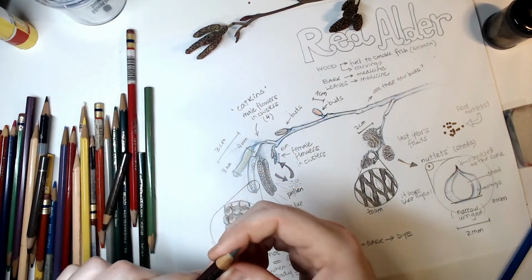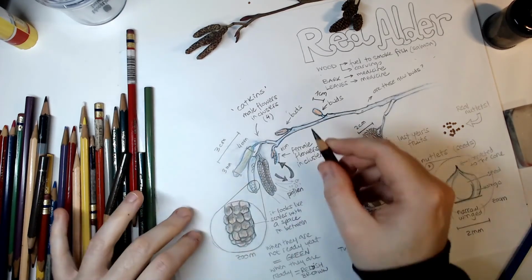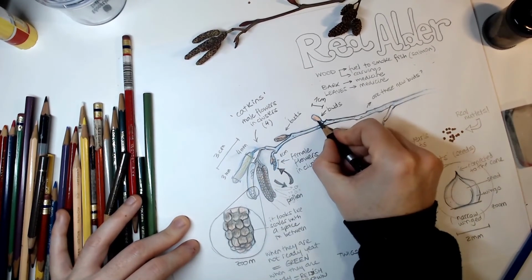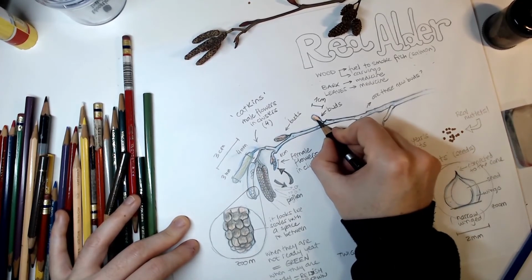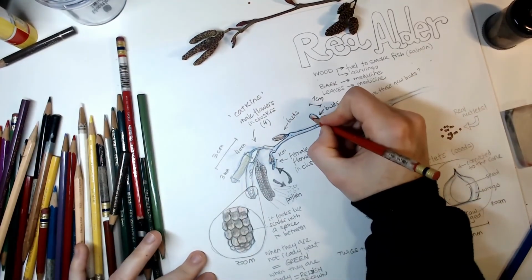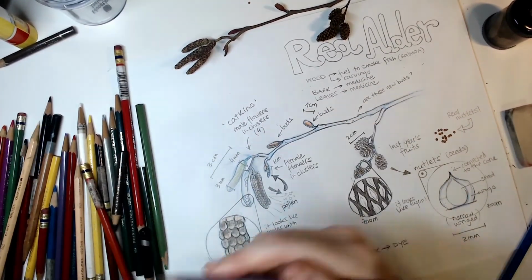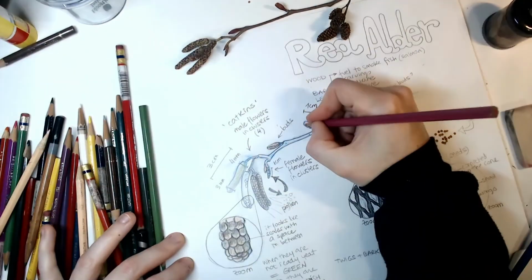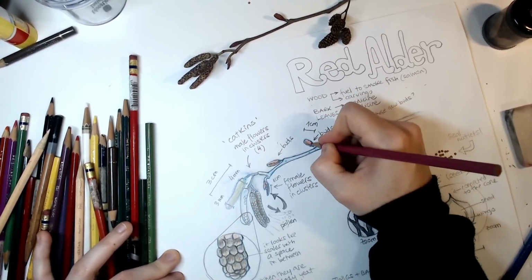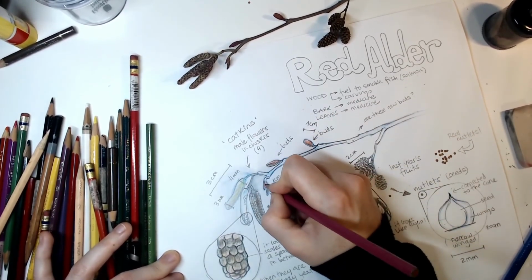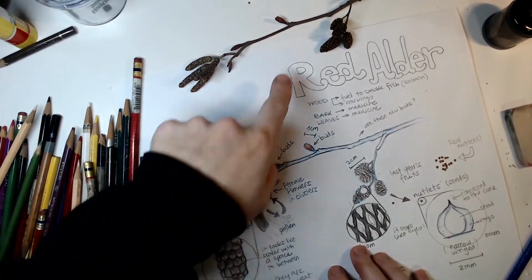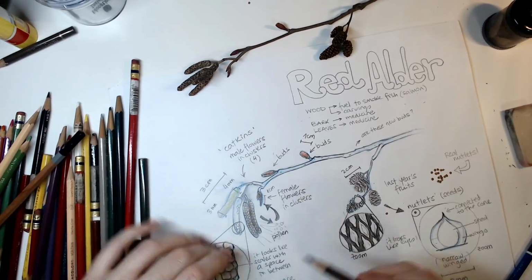Let's see, I'm going to use, the buds are a little bit darker on the edges, but overall they are this kind of reddish violet, and now I'm going to go with a brown and